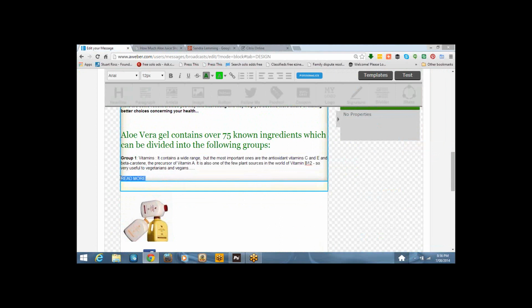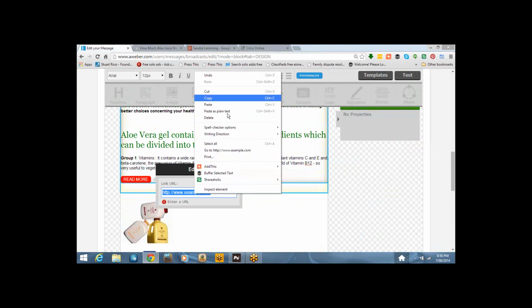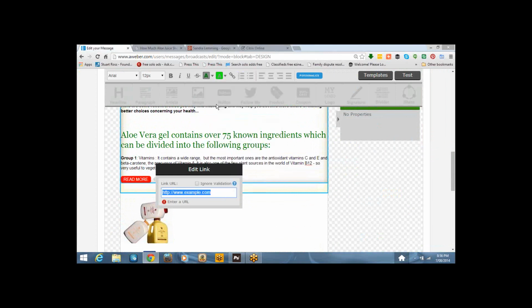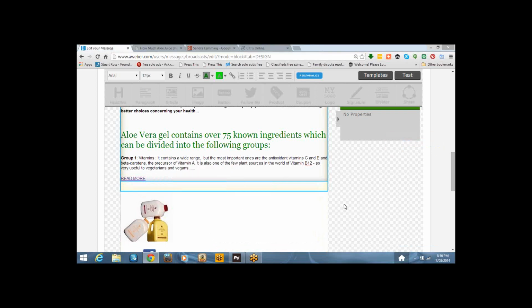I just highlight this here and click on link, and I can put the same link in there. And just check your links, make sure that they're all valid and you've got your valid tick down there. And there you go.